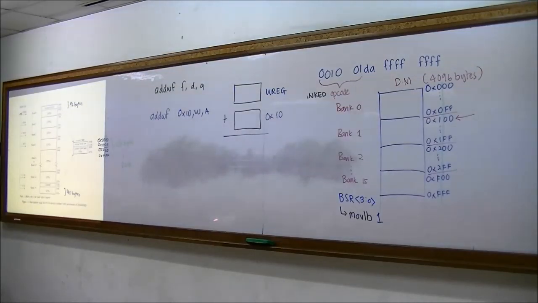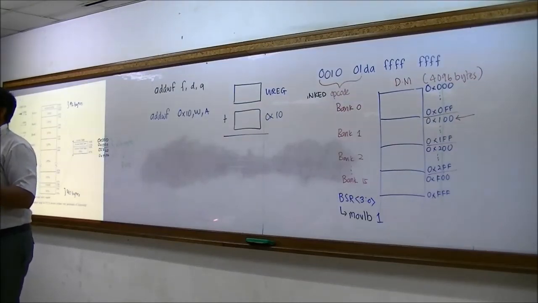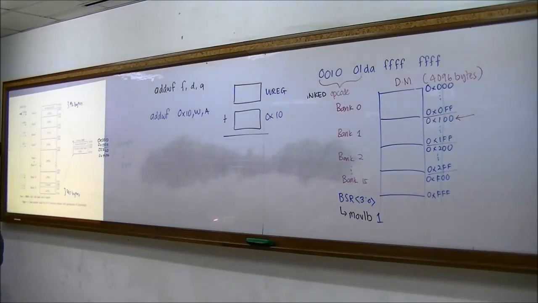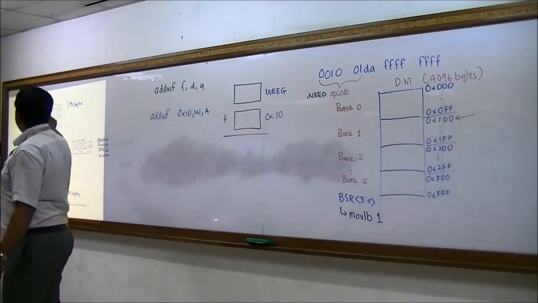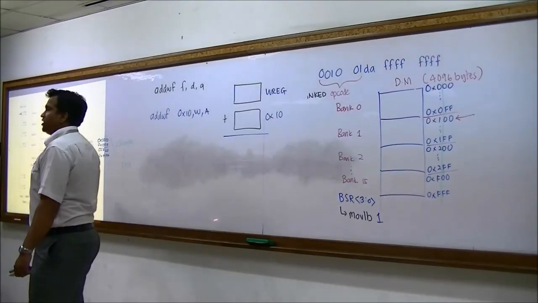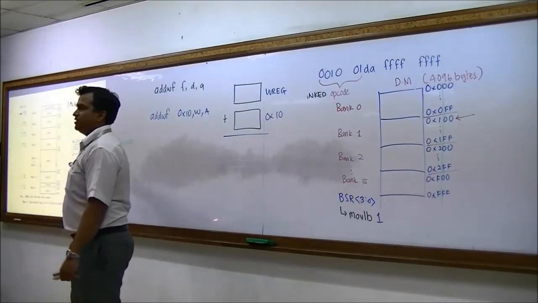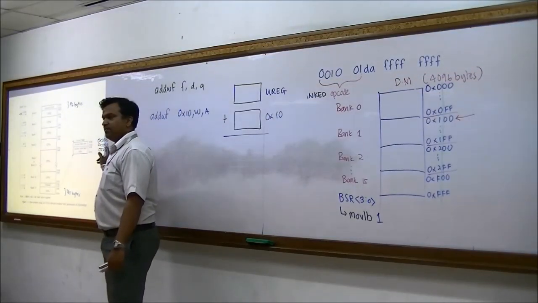But the A field there, what is it supposed to be? You put the right bank. And we saw the problem with the bank because we have to do the bank switching, and if we forget to activate the right bank, we'll get the wrong answer. Because of this problem, they came up with another solution, which is access bank. Access bank is nothing but 96 bytes from bank 0 and 160 bytes from bank 15. When you combine them together, it gives a range of 256. Because the range is 256, you only need 8 bits to access them.